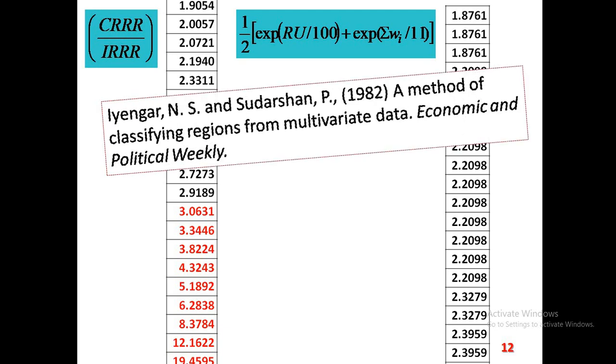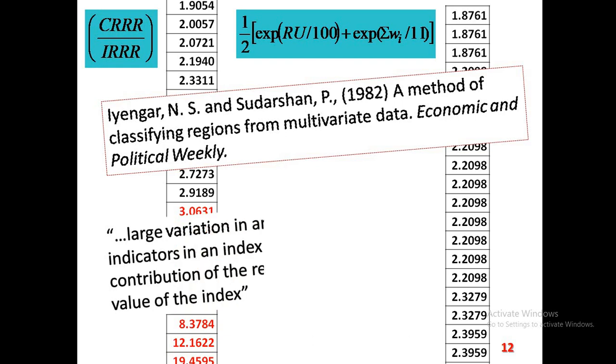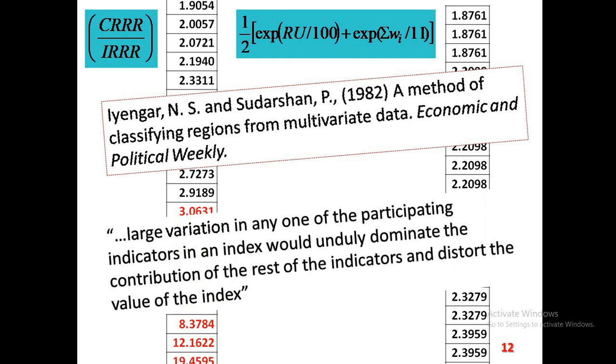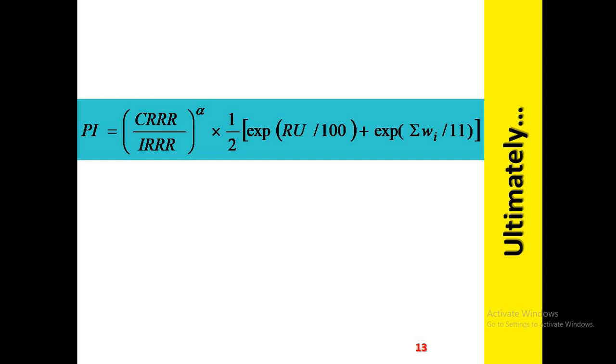There is a paper by Iyengar and Sudarshan, and in that paper they say that large variation in one of the participating indicators in an index would unduly dominate the contribution of the rest of the indicators and distort the index. So we found that the pressure index gets distorted when the team batting second falls much short of the target score. Accordingly, we required a change and we brought a small change, and that change is in terms of